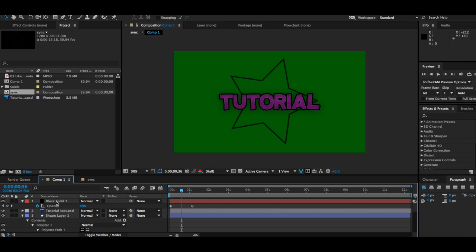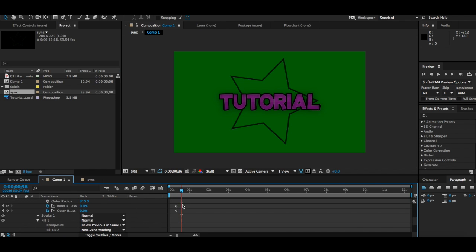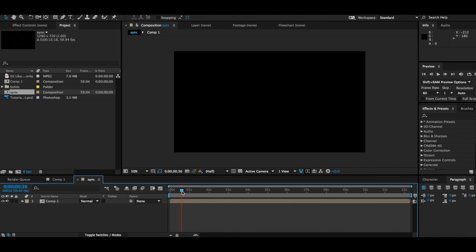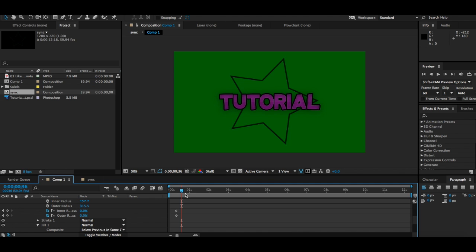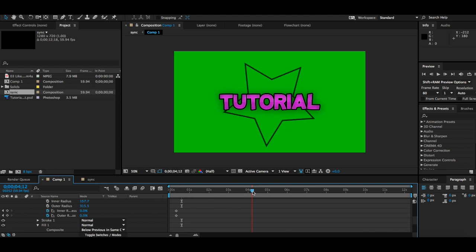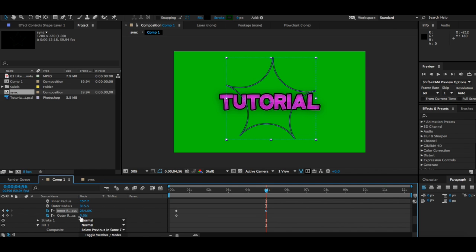Okay, so as I was saying, you want to go to the inner roundness and the outer roundness. And basically you're going to want to keyframe it. Let's go a little bit farther out to maybe 5 seconds, and let's change it a little bit and see what we get, to get an idea